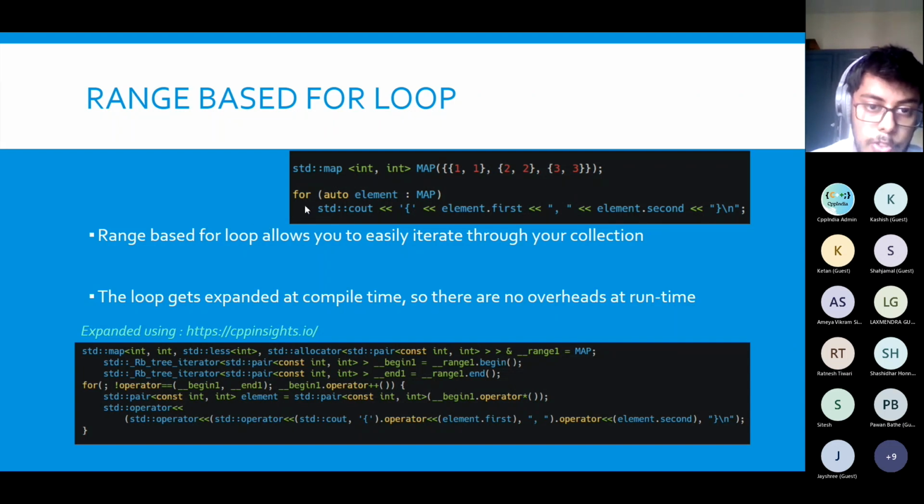So just see to it, and if you get some error, it's not an issue. You can use range-based for loop for your custom objects as well, but you have to give begin and end iterators.